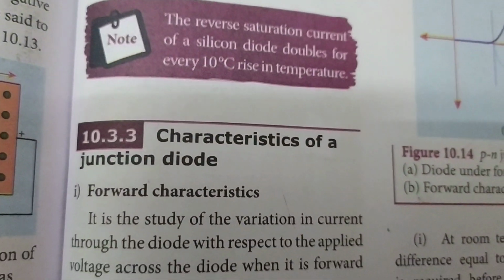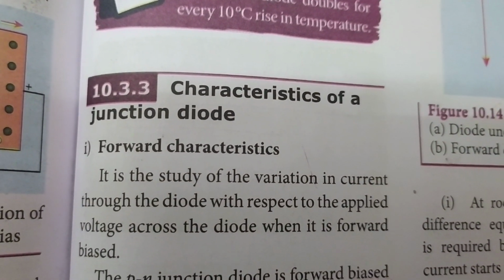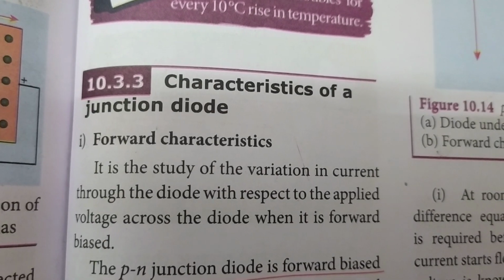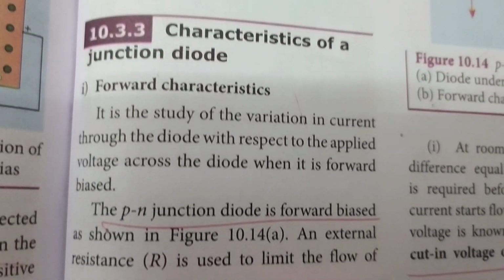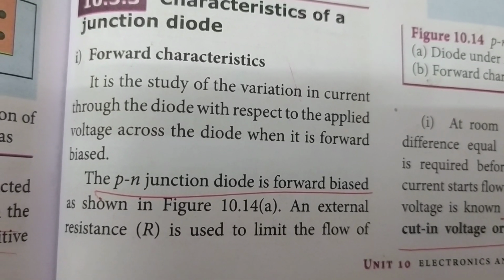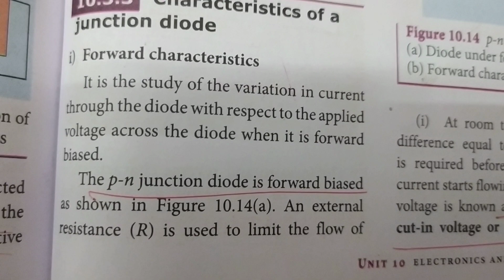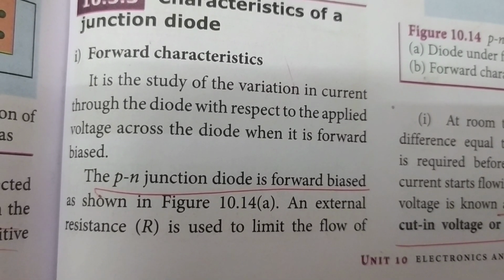And so next we are going to see the characteristics of the junction diode. Here there are two characteristics, forward characteristics and reverse characteristics, and we shall see them one by one. Now the PN junction is forward biased. Forward bias means positive to positive and negative to negative, and usually an external resistance is connected to limit the